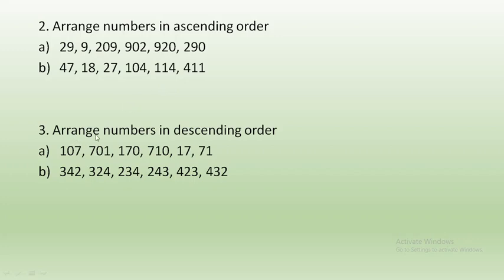Number 3, arrange numbers in descending order. A, 107, 701, 170, 710, 17, 71. B, 342, 324, 234, 243, 423, 432. So now, before we come to the end of our lesson, I want to explain